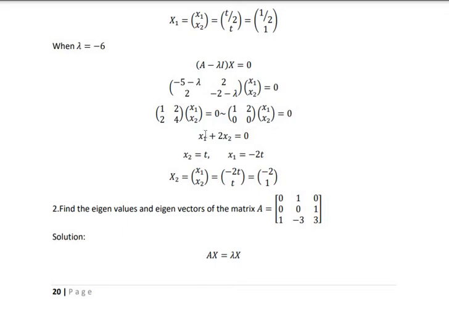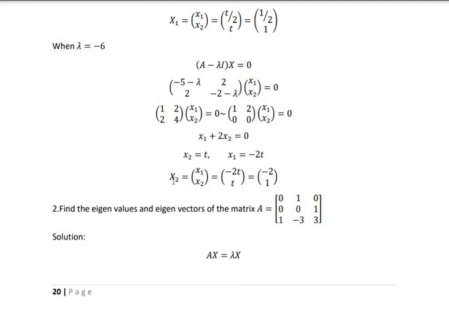We can apply the elementary row transformation. So you will get 0 0 in the second row. When you multiply these two, you will get x1 plus 2x2, and that will be equal to 0. Here the rank is 1, r is equal to 1, and the number of unknowns, n is equal to 2. So r is less than n. Therefore you have to take one variable arbitrarily. So here you take x2 is equal to t. Therefore x1 will be equal to minus 2 x2, so x1 is equal to minus 2 into t.